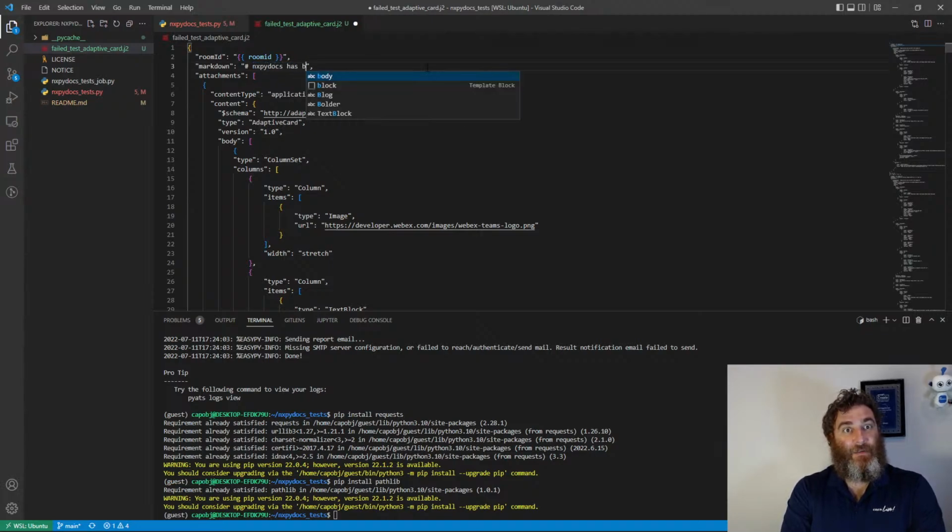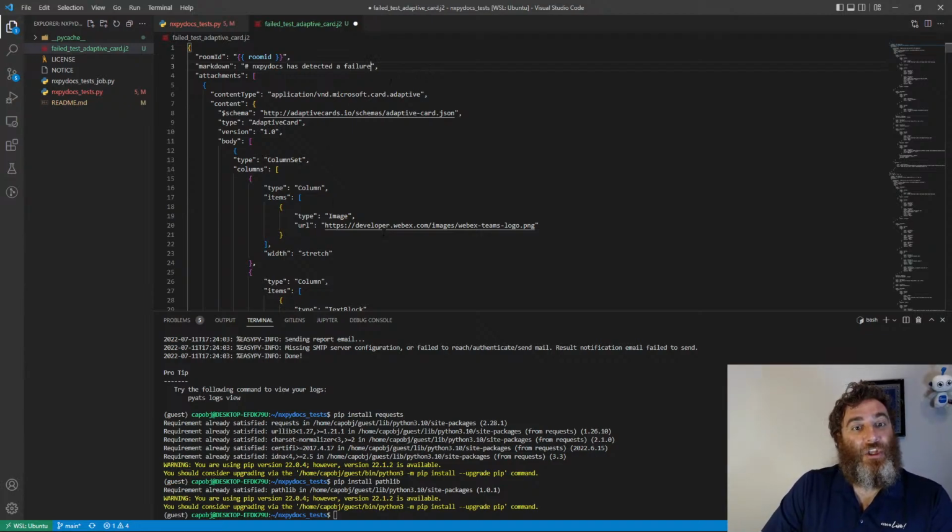NXPyDocs has detected a failure on interface. Well, maybe I should just say has detected a failure, because I want this to be generic enough, because I'm going to have other tests like show version and stuff. Now, a lot of this you're not going to touch. You could give it your own icon,